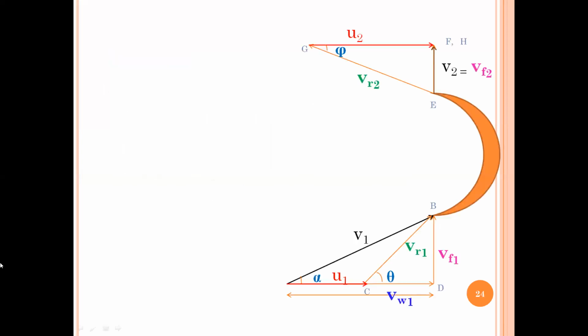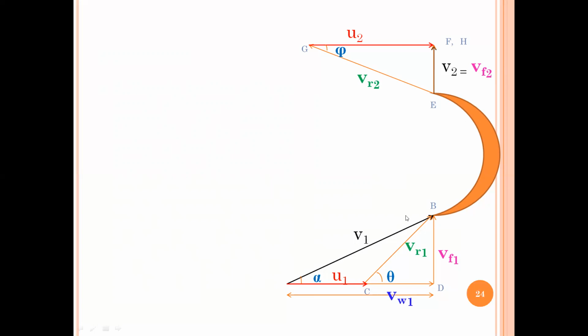Now, since angles are being asked, you have to draw the velocity triangle. And they have mentioned in the problem that radial discharge is assumed. So radial discharge, it is understood that Francis turbine has a radial discharge. So sometimes they won't give that in the problem. So when I say radial discharge, the beta angle is equal to 90 degree. And since it's 90 degree, your VW2 is equal to 0 and V2 is equal to VF2.